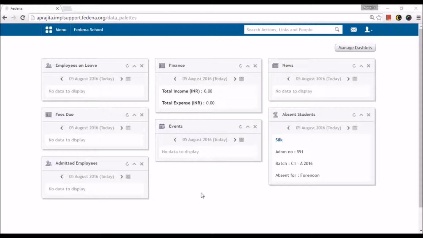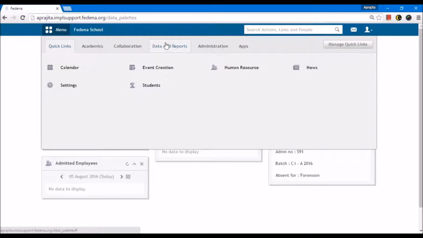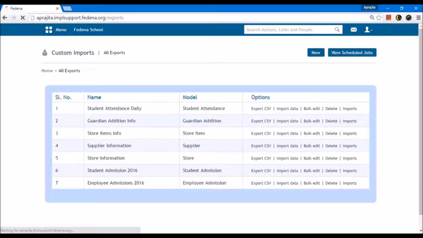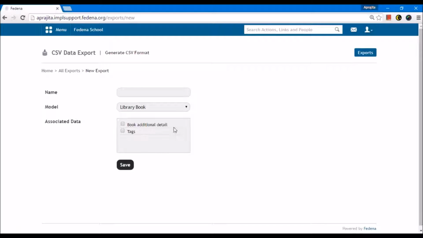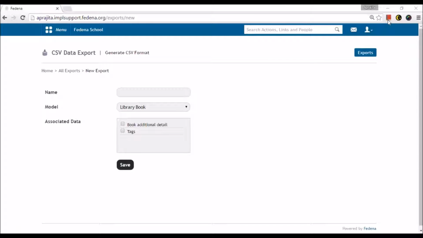In this video, we will see how you can import data in bulk for book items in the library. You can do that by using the custom import module. You can go to Data and Reports, Custom Import, and by selecting the model to be library, you can create a template that will be an empty one, and in that template, we'll be able to fill in information regarding